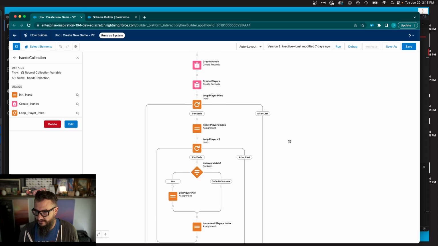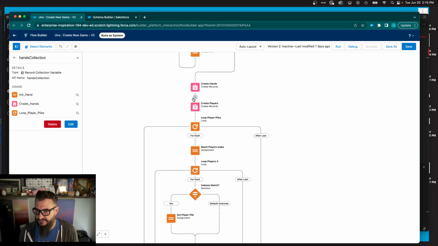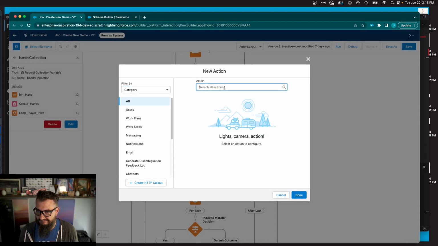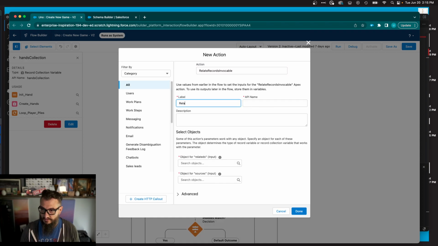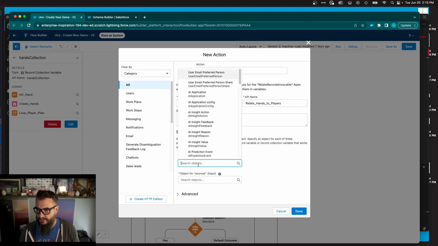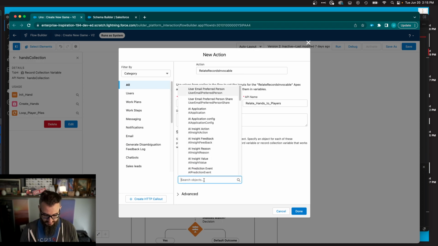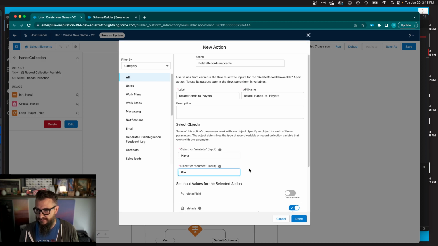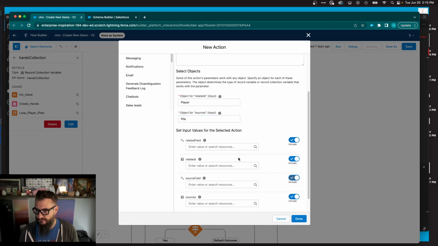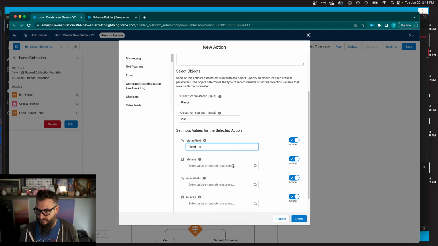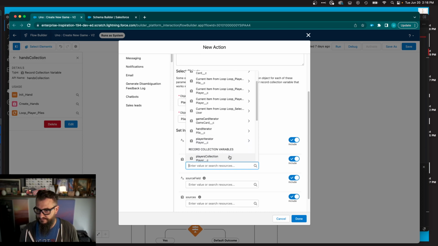And let's see, instead of all of this fun stuff, let's go here and we'll add an action. And we're going to relate records, relate hands to players. Here we go. Our related is our player. Our source is a pile, but that's our hands object. We are going to include the related field. The related field is hand. The related records are